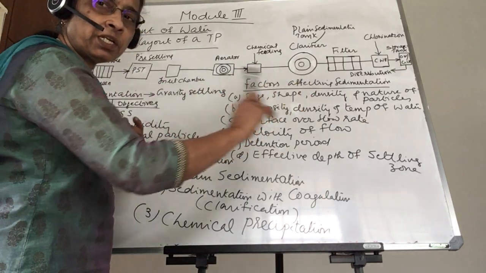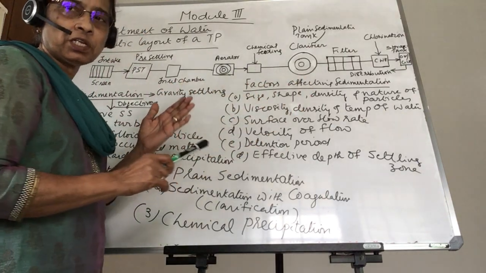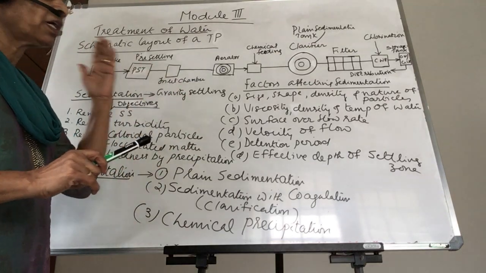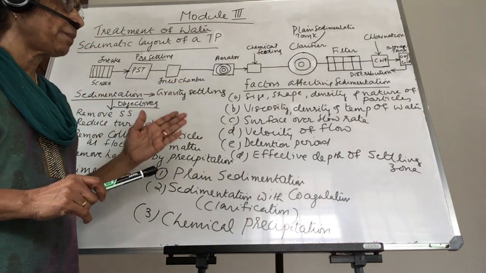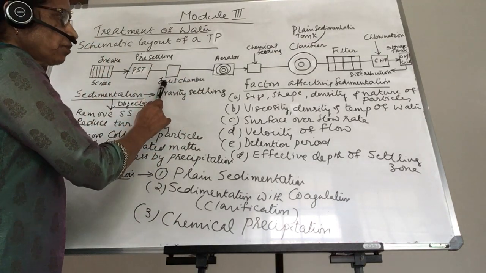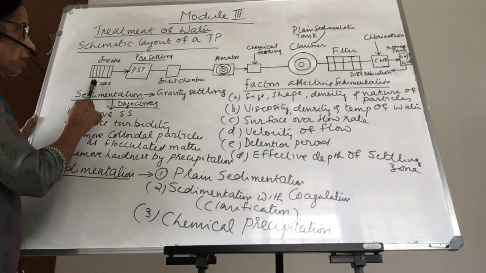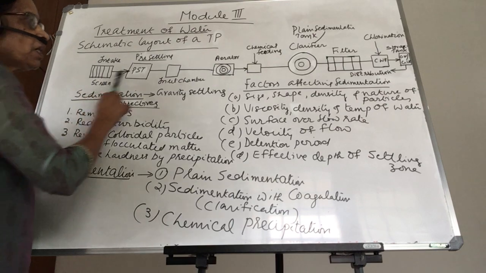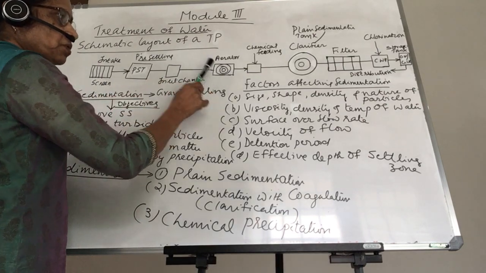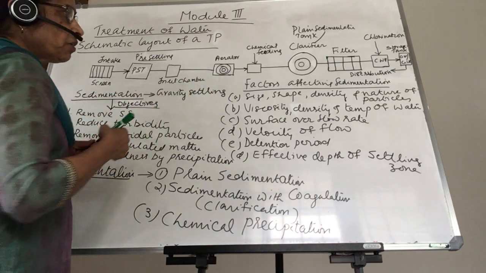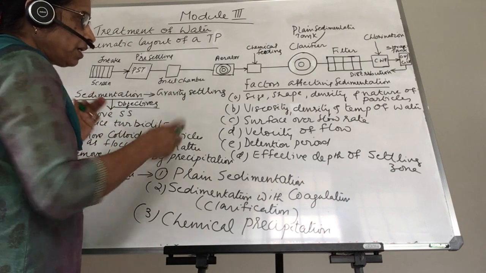That means the succeeding units can be by gravity alone. All the flow can be by gravity. There is no need of pumping. That is the purpose of the inlet chamber. Otherwise you can directly pump the water from your intake to the first treatment process unit, that is the aerator. The first treatment process unit is the aerator.